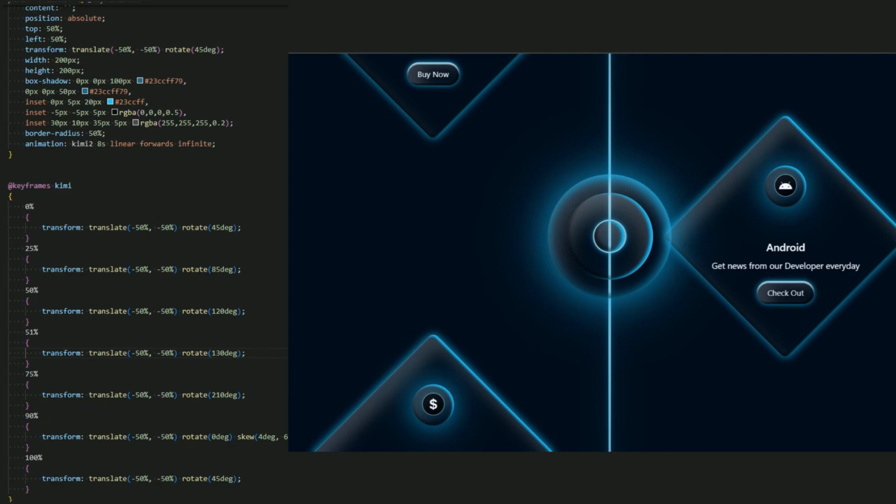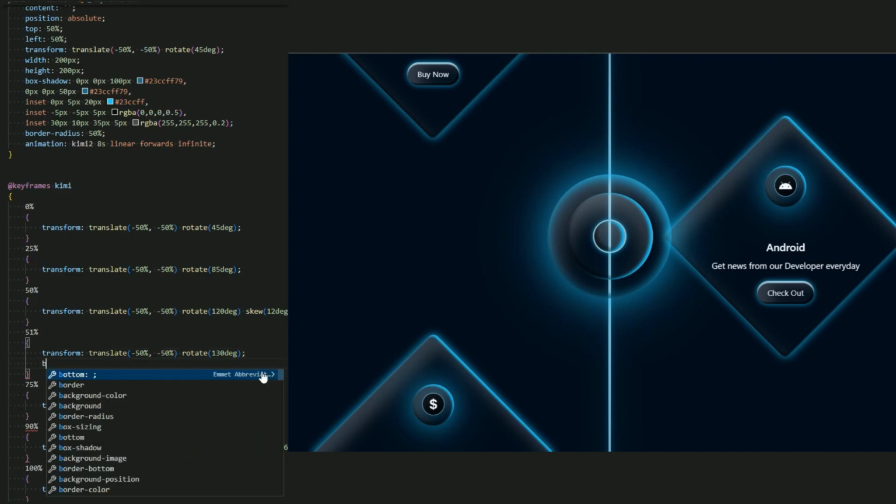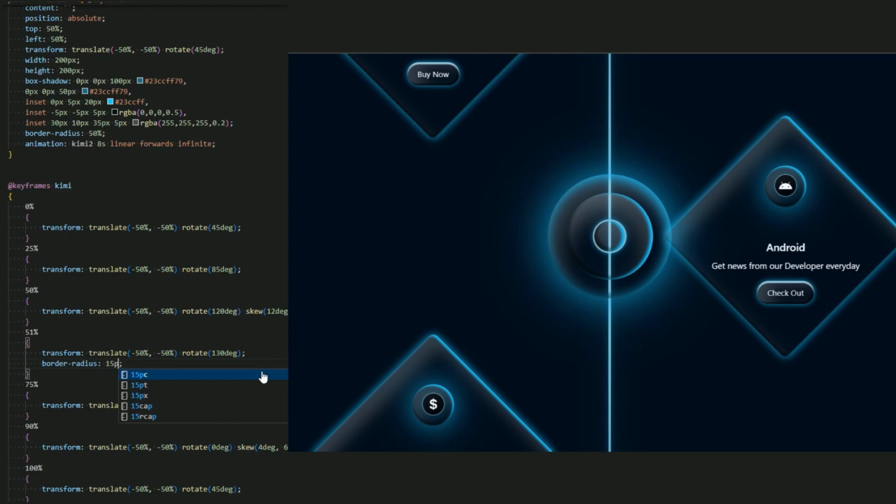and let me add it in this 50%, 12 degree, 5 degree, and let me add a border radius here, 15 pixel, 15 pixel to become a square instead of a circle in 51%.